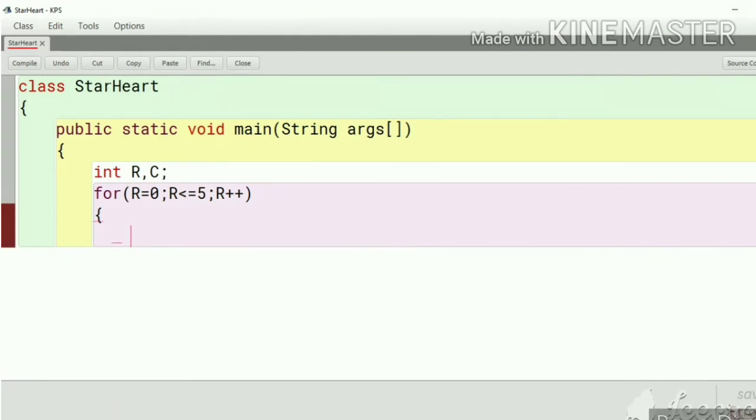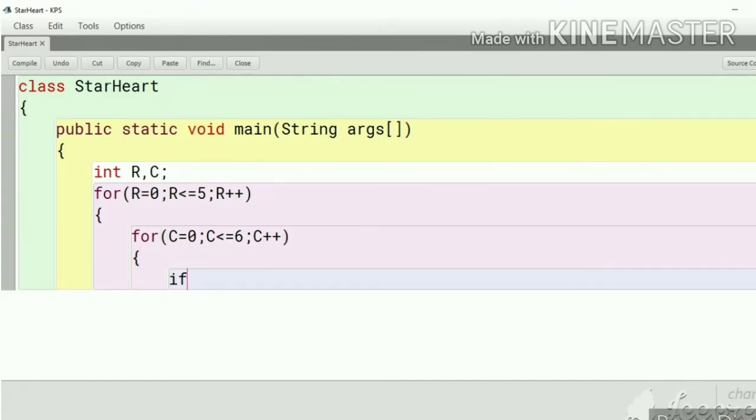Then for printing the column part, we write the loop: column equal to 0, column less than or equal to 6, that means a total of 7, and column++.